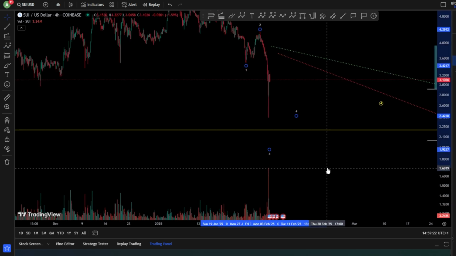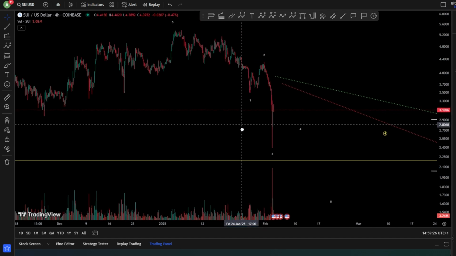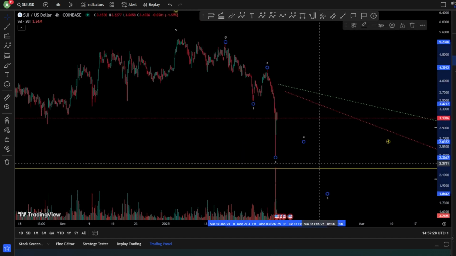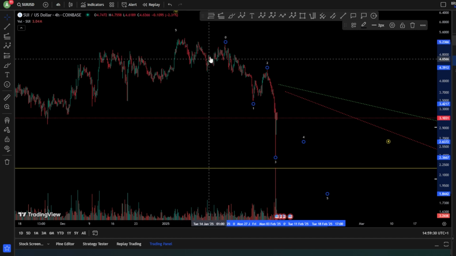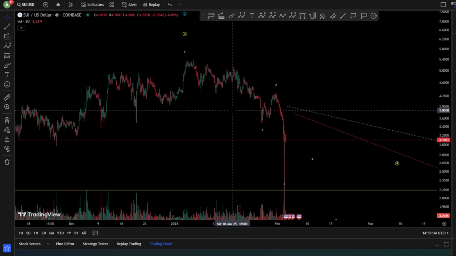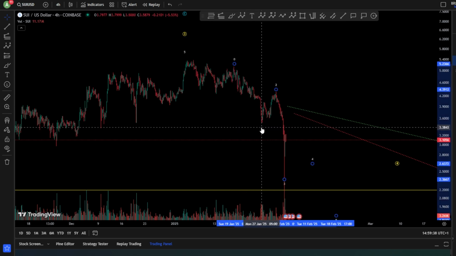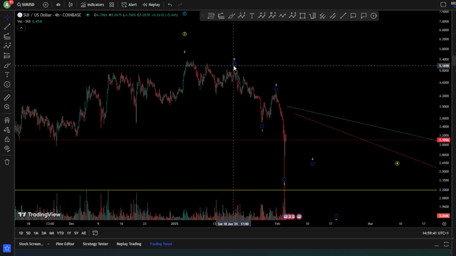So definitely we are first looking for a wave 4 and a 5 after this massive move toward the downside. Now, before this, there is something that has been unfolding here. It has several possibilities. 1, 2, 3, 4, 5, this is definitely your wave 1. So we have started from here.